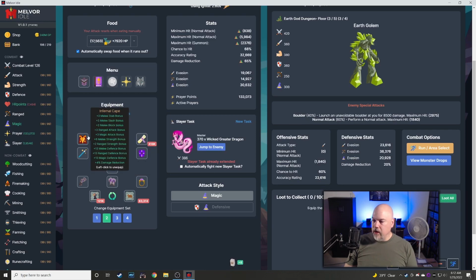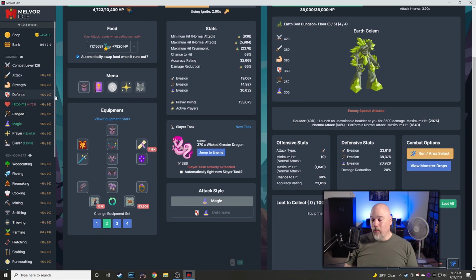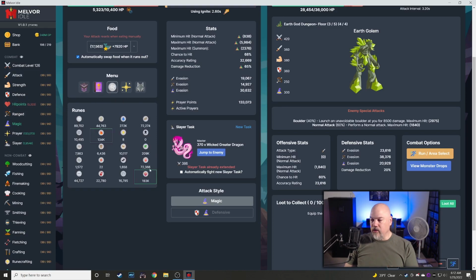That's good. Keep the Infernal Cape. This gives you more damage reduction. You notice I'm not running any prayers. Don't really need them for this. Shouldn't have to. Should be more than enough levels. The only thing you have to worry about here with this level and this gear is running out of runes